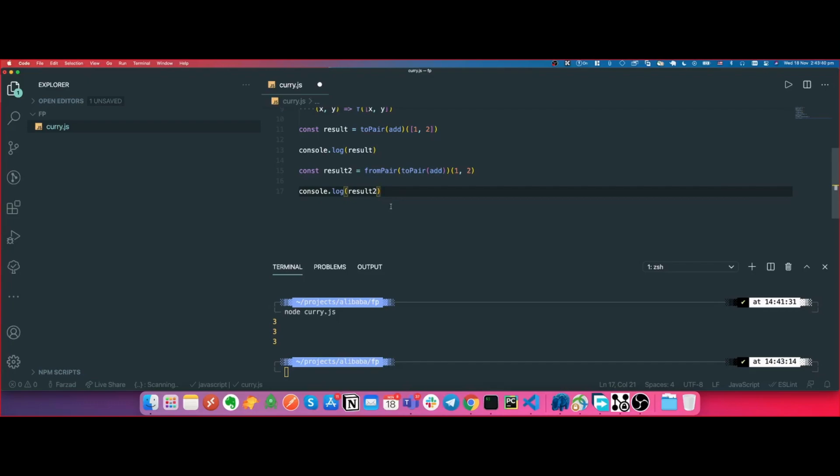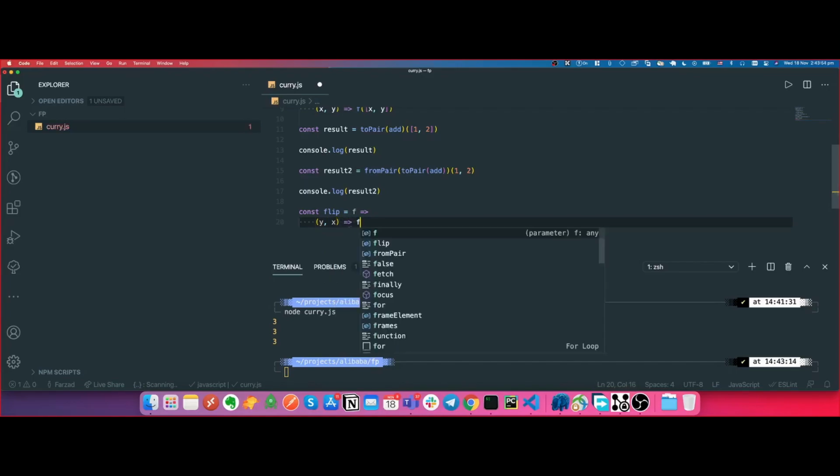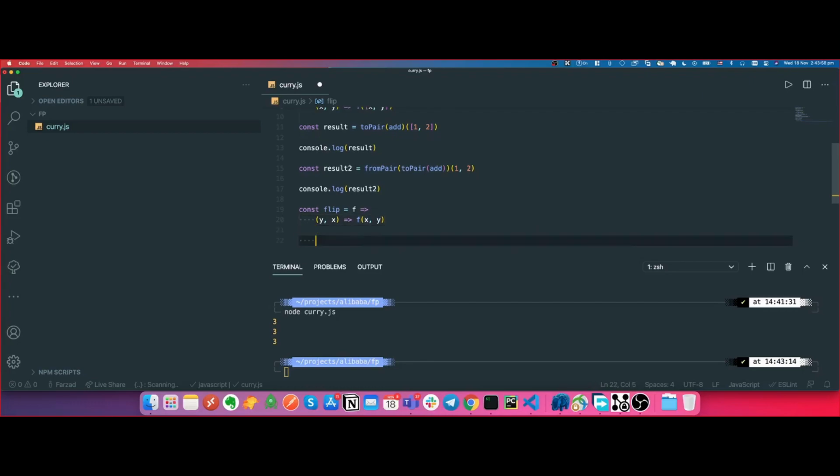We could also do the same if we wanted to flip the input. So if we had const flip, it's a function. As a second input, we want to get y and x this time, on x and y. It would be the same as if we ran it on x and y. So what we do is that